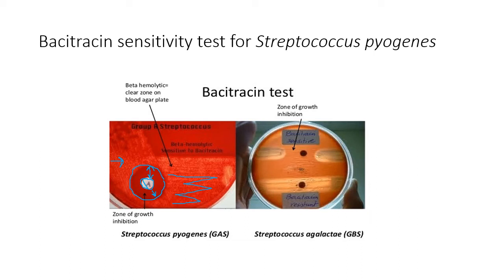Of course, I can also do bacitracin susceptibility testing like this. You do a straight inoculum across the plate, and once you inoculate it, in the middle one can place the bacitracin disc and incubate overnight and see the next day. Here you can see that this is resistant to bacitracin, while this strain is susceptible to bacitracin. There is a zone of inhibition here, while there is no zone of inhibition there. So this is group B strep, and this one is group A strep.